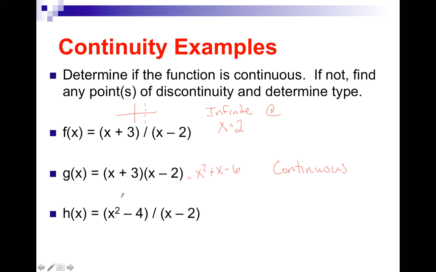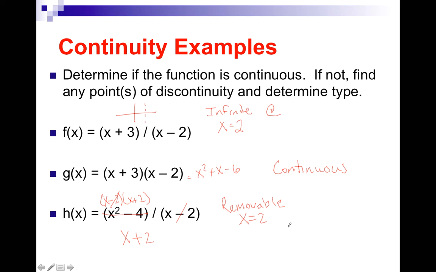And the last example here is going to be x squared minus 4 over x minus 2. If I factored x squared minus 4, I could cancel out the x minus 2's. And because I canceled, this now looks like x plus 2. But x equals 2 is a point of discontinuity. But because I canceled, it's removable